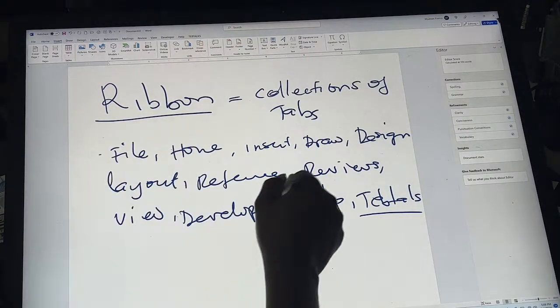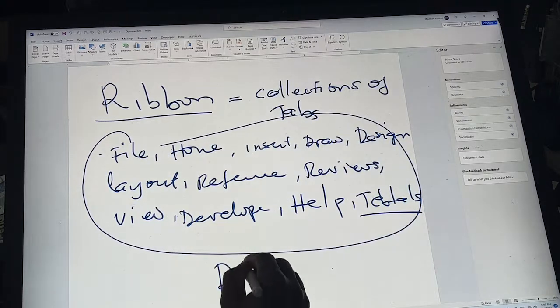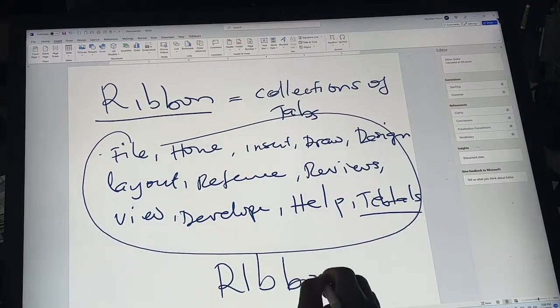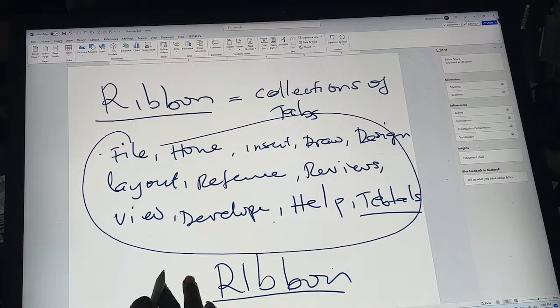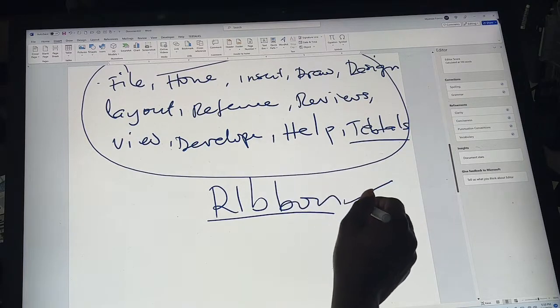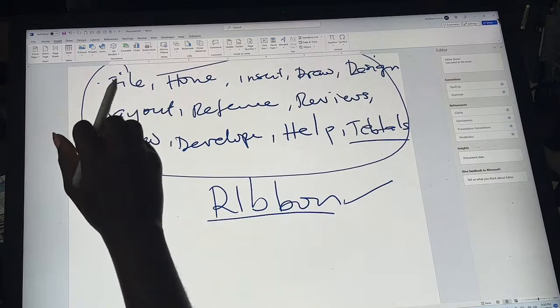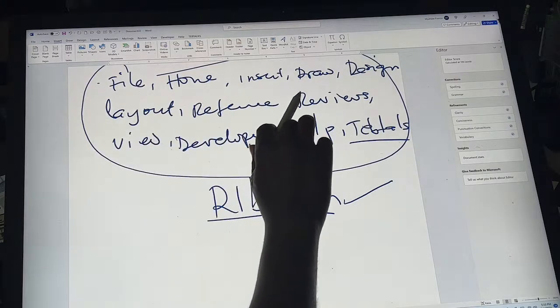So this is what we call a ribbon. A collection of all these tabs is what we call a ribbon of tabs. So whenever you hear people talking about the ribbon, this is what we call a ribbon of tabs. A ribbon of tabs is a collection of Microsoft Word tabs which involves the File tab, Home tab, Insert, Draw, Design, Layout, References, Review, Views, Developer,